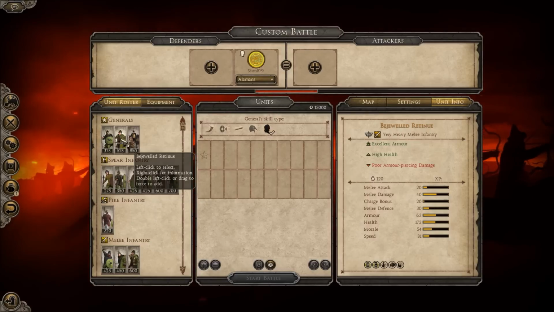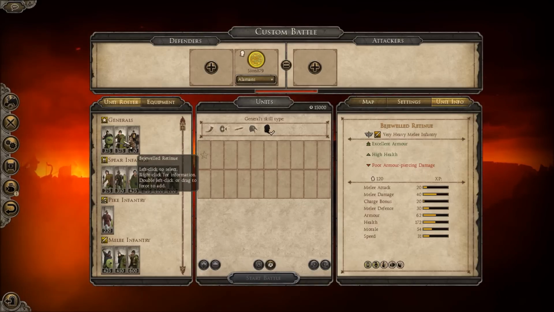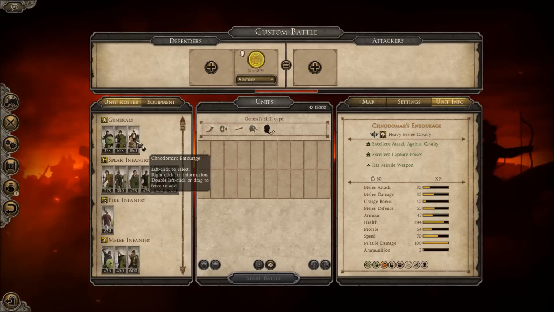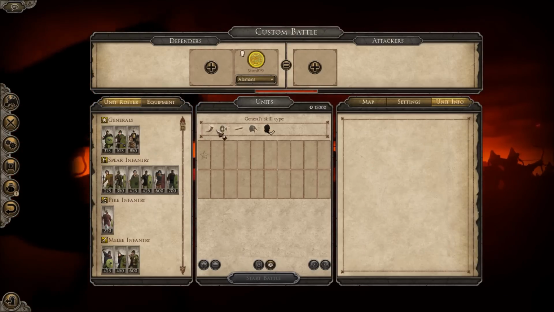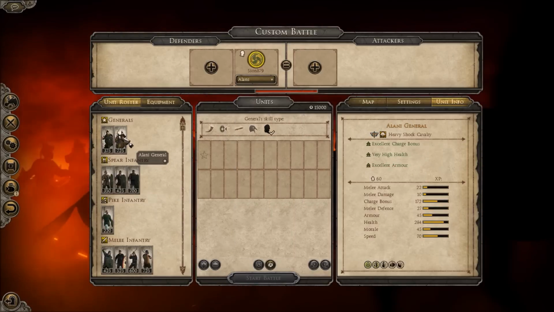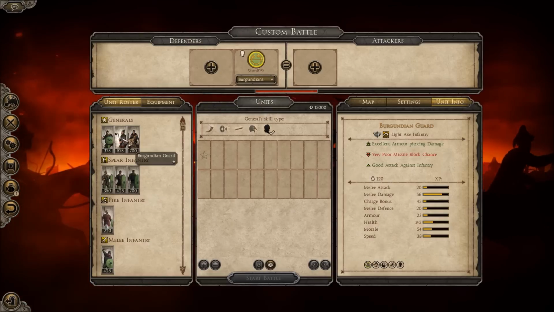The Bejeweled Retinue. I'll just start from top to bottom. The Alamans got the Bejeweled Retinue here. They also got this, Shindamar's Entourage. Decent cavalry. Has javelins, so that's cool. Let's see what the Allens got. I don't think they got anything new. I think it's just the